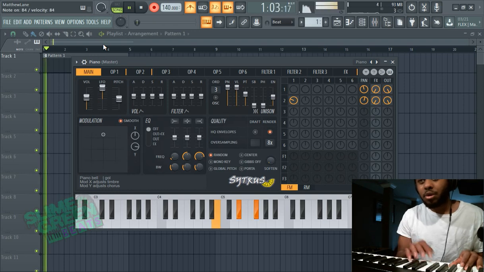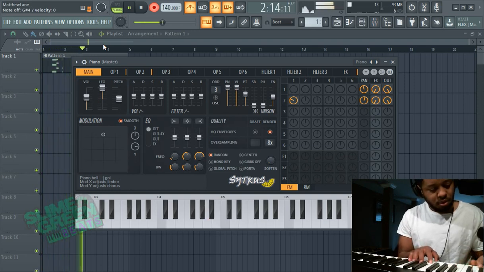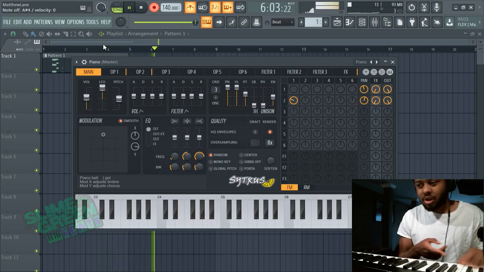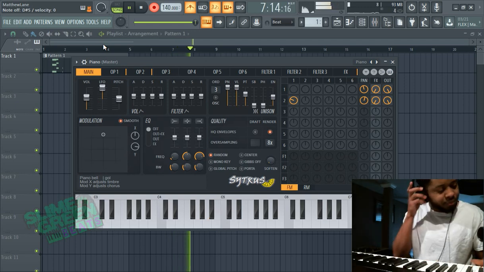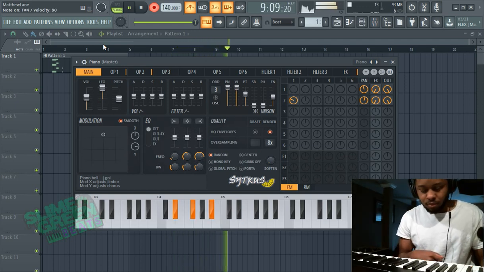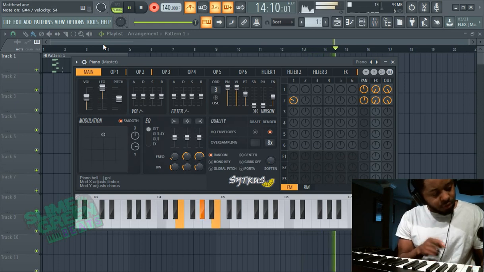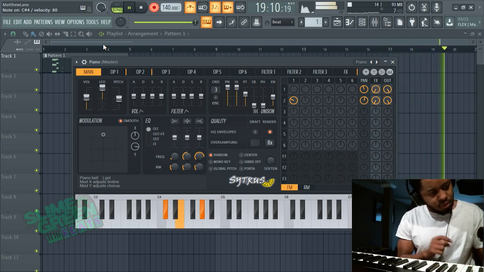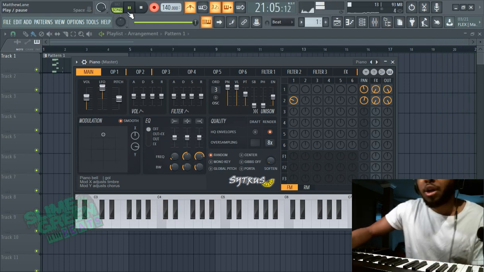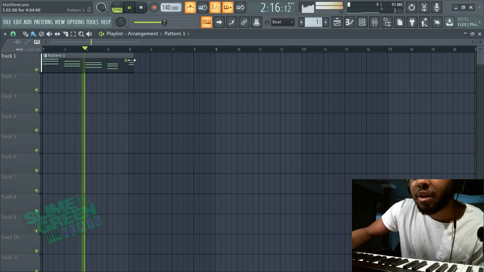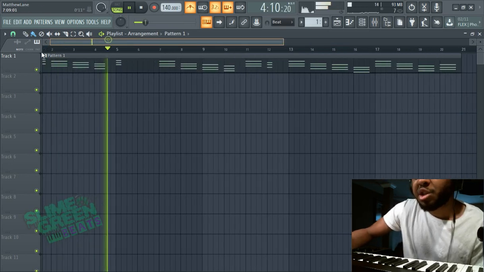2, 3, 4. See, I'm just recording chords right now. See, I just keep going. So you can go like that, and it'll have the whole thing already there. We can cheat and